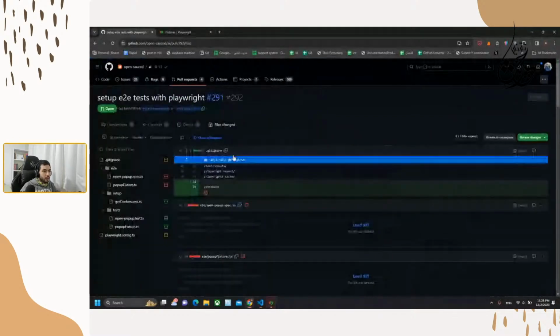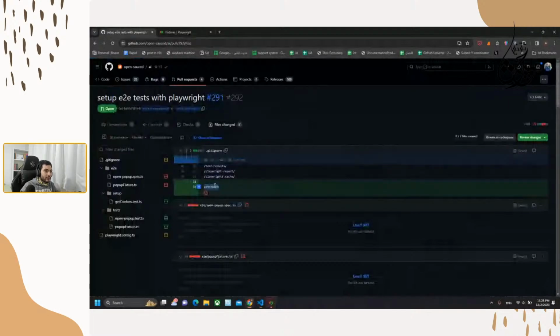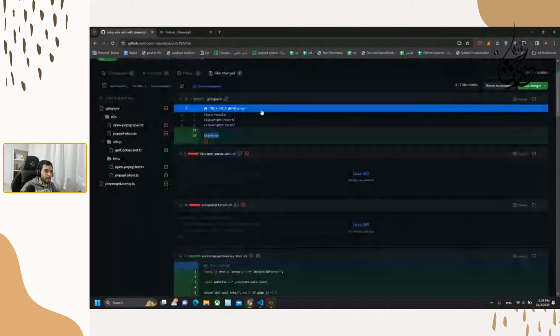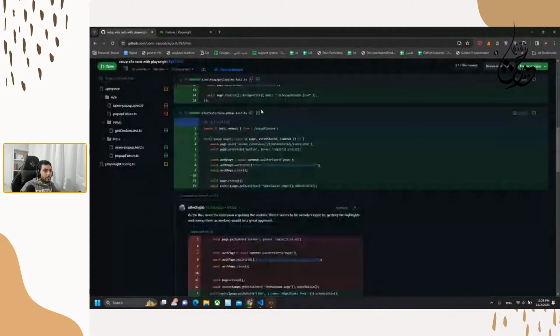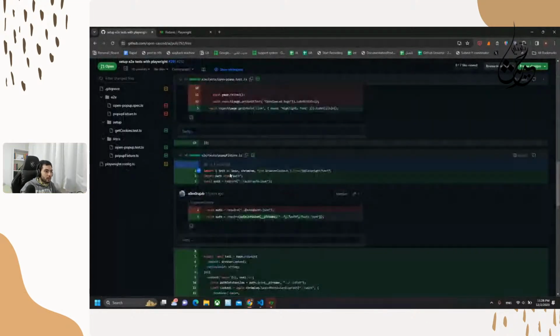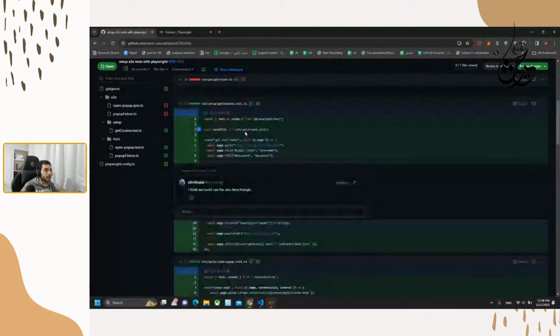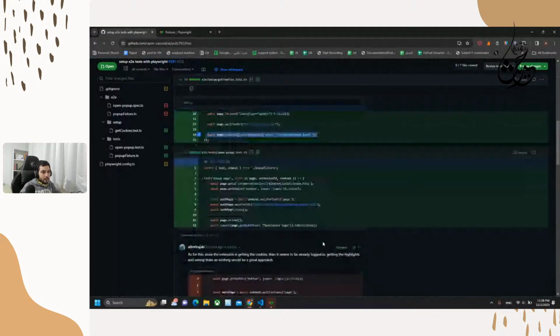So basically what the Jabber did was add this git end to end auth as git ignore, and then move that pop up and pop up fixture to something called tests. We have that here, and he added the setup for the pop up here, which is, where is it? Yeah, here is get cookies test, which is the setup that we are having. In this setup, we are just looking into GitHub, adding the information that we are having, and we are adding these cookies, setting them, and then